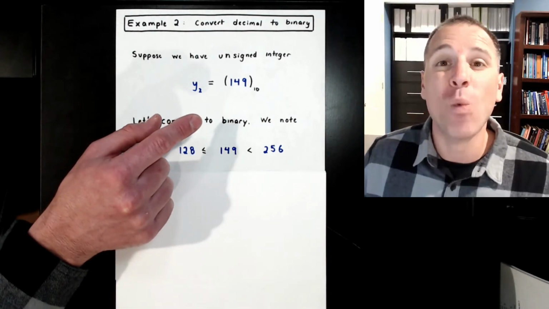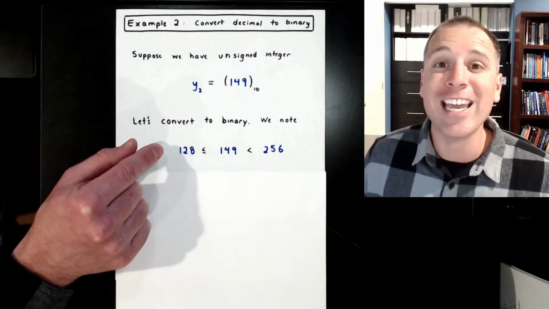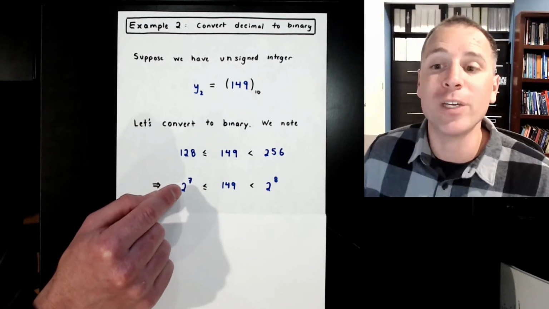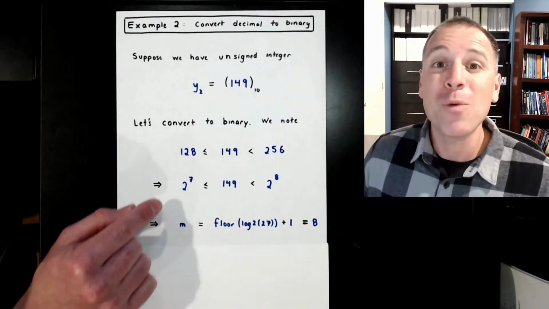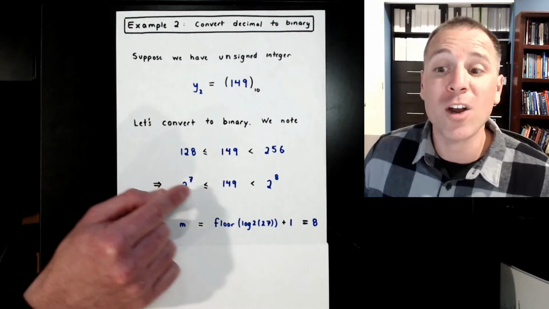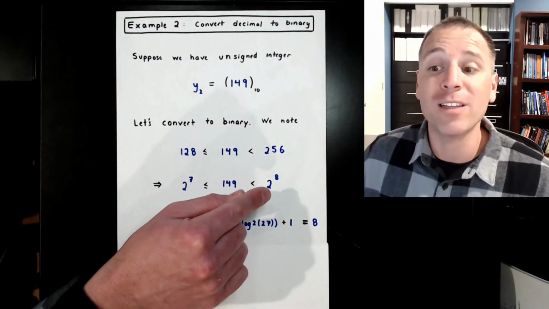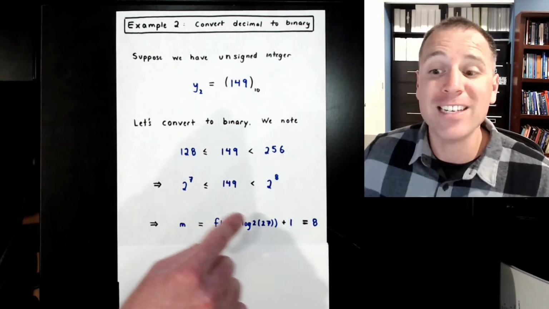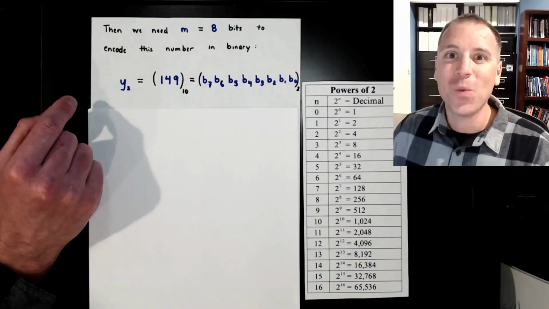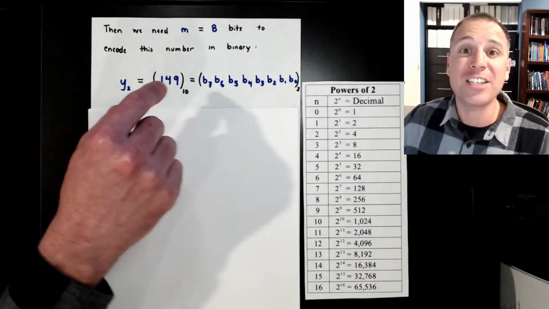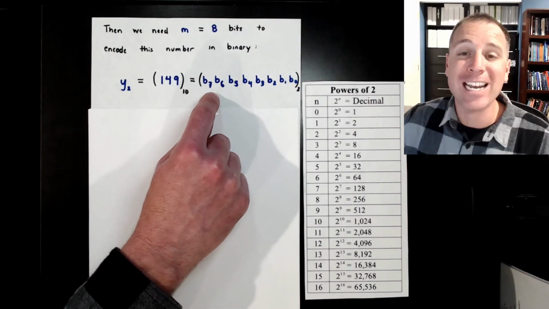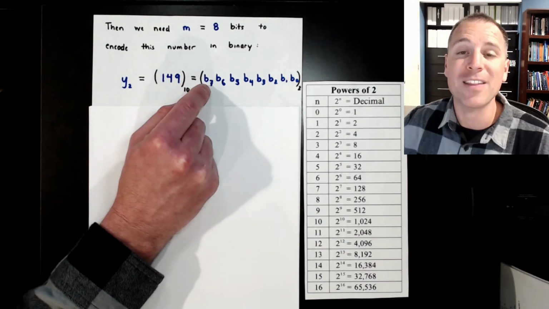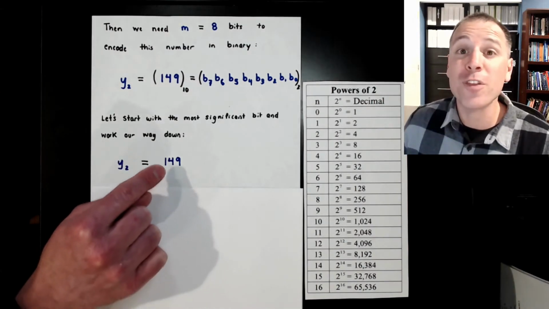In this situation, we see that 149 is between 128 and 256. In power notation, that means 149 is wedged between 2 to the 7th and 2 to the 8th. And we remember from our previous video that all integers that are greater than or equal to 2 to the 7th and strictly less than 2 to the 8th can be encapsulated using 8 binary digits. That is exactly what this formula tells us. We now immediately know that 149 is going to be written as an 8-bit binary integer. The leading position for that binary number is 7, one less than the number of bits. And thus we have insights for the first step in our algorithm.